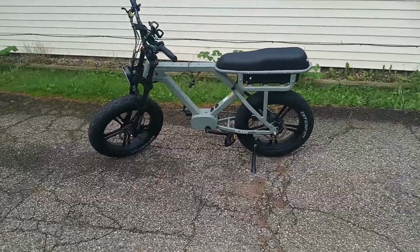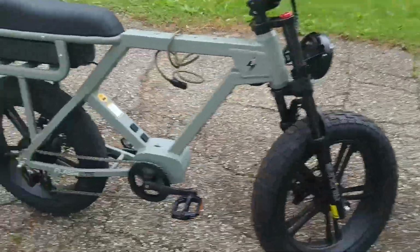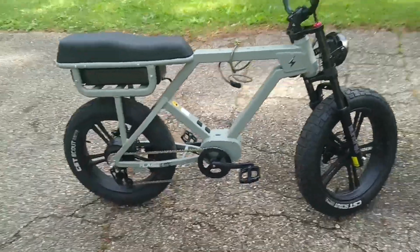But this is a really nice bike. I love the headlight. The headlight is awesome. It's a very bright light. The taillight is also very bright. I love the tires. I also love how when they advertise the wheels as those metal ones, you actually get the metal ones. Because Hemingway